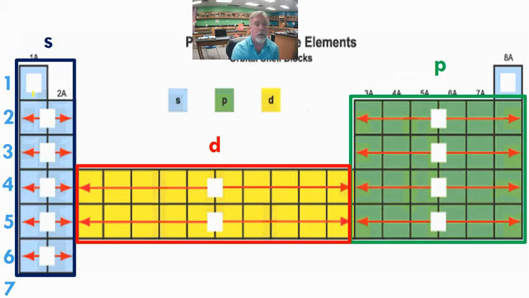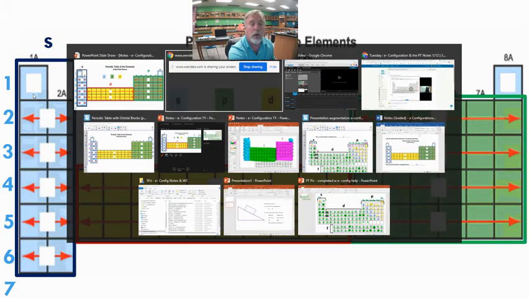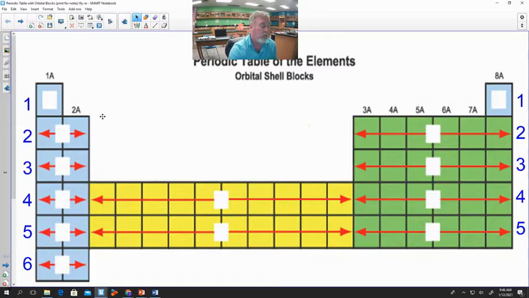Okay. So now I want to show you, I'm going to take the shape of the periodic table, and take away some of the stuff in the background so it doesn't get hard to see. But I want you to see how this is all going to work together. So the first thing we're going to do here, I want you to draw in on your notes. This is the 1s, right? This is the first row. It's in our blue area here. This is a 1s. Unfortunately, helium, our little exception, that's also a 1s.